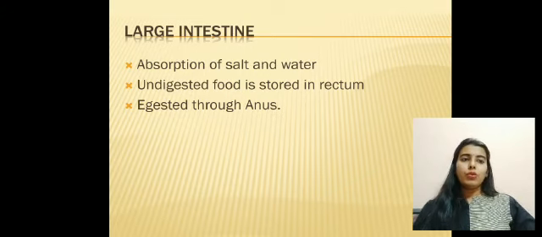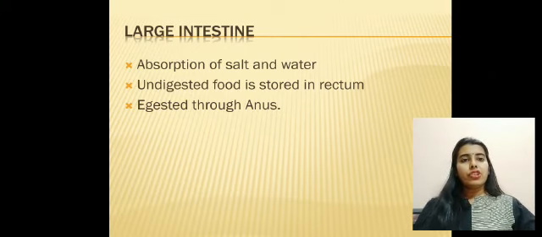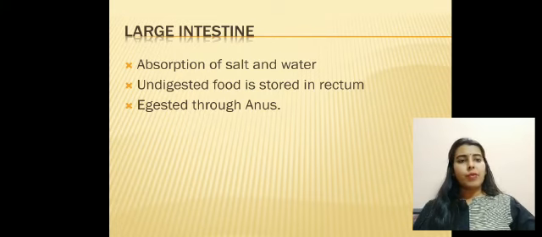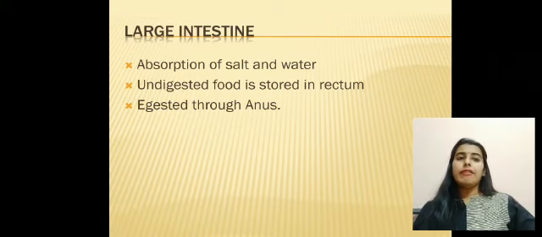Now to conclude, today we have discussed the digestive system of human beings. In humans, the digestion starts from the mouth itself. Physical digestion is the breaking up of the food into smaller particles. Chemical digestion is by the action of chemical enzymes present in our body. So in the mouth, the saliva starts digesting the carbohydrate part of the food. That is why you are advised to chew your food very well.